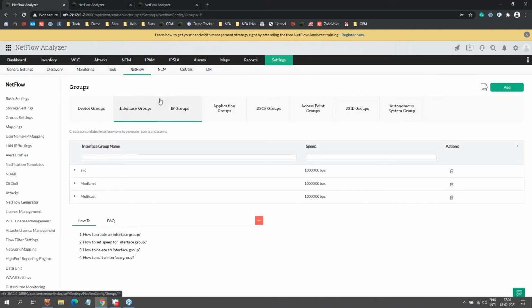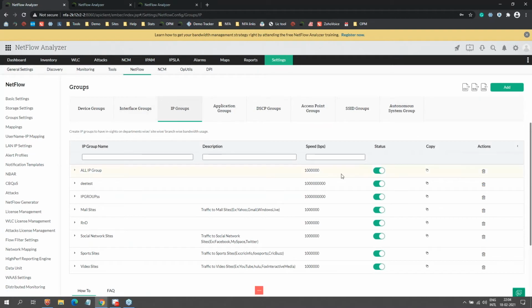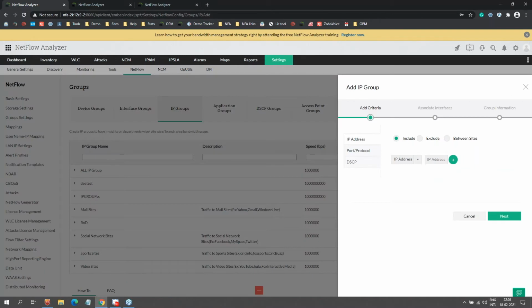So this is one interesting thing called an IP group. What you're doing here is creating a group based on a certain set of IPs. So it can be a single IP, it can be an entire subnet, or it can be a range that I look into. So I can add the IP here. I can go with IP address, network, or I can go for a range. So the idea is when I go ahead and add any one particular IP,